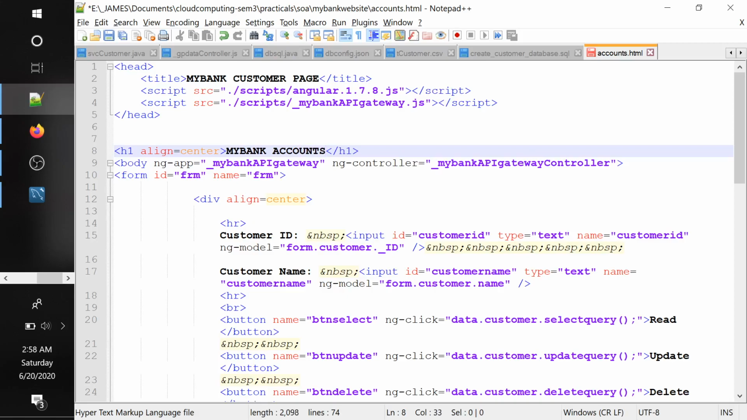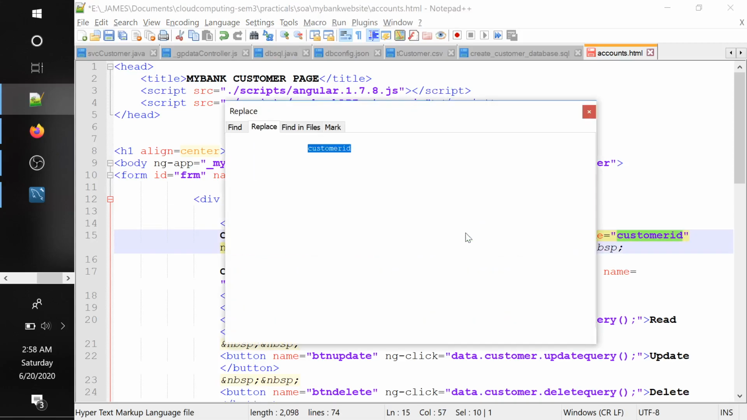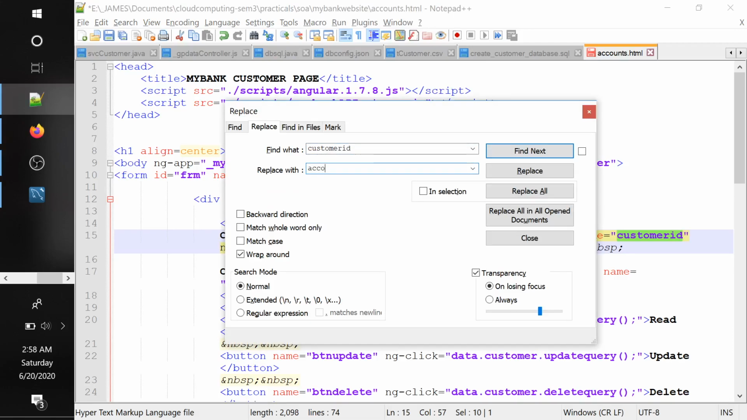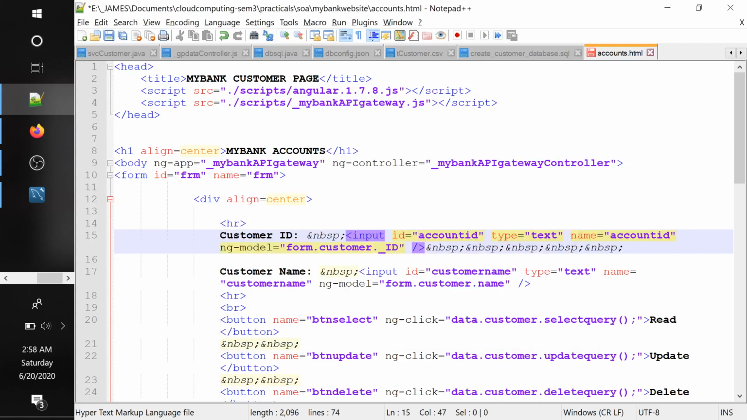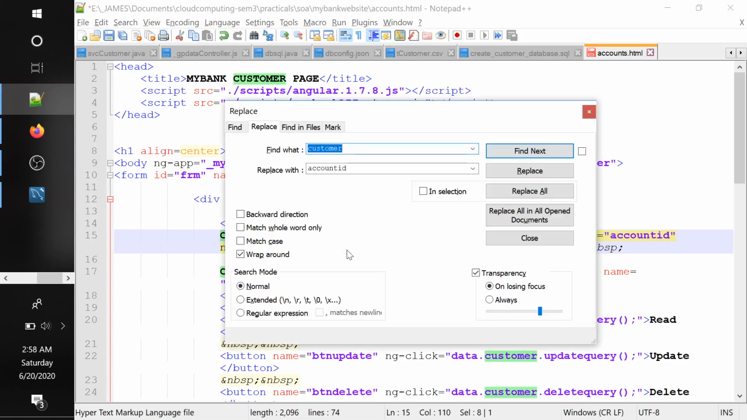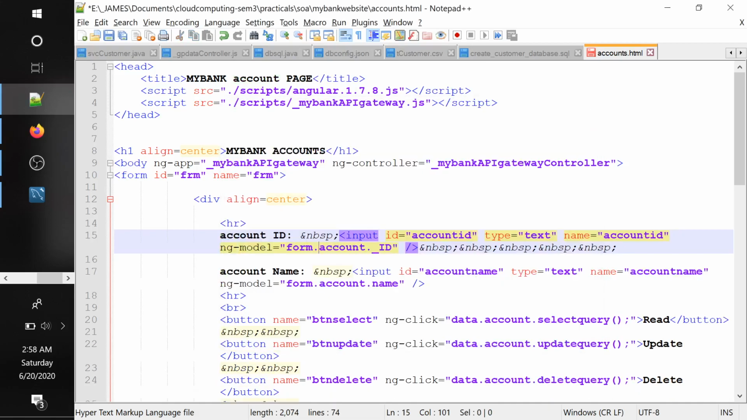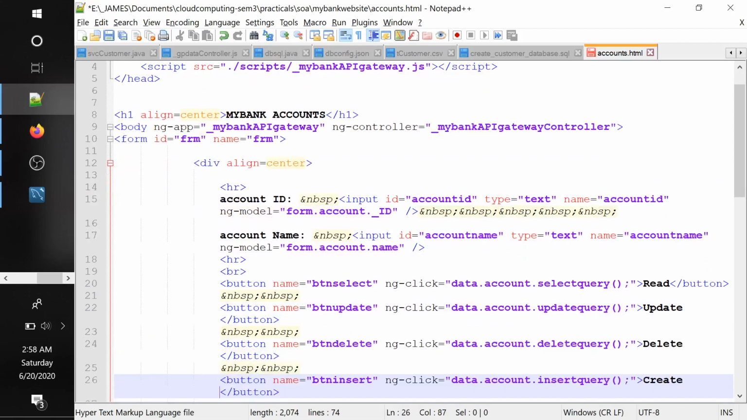I'm just showing you a very high level. Some things will not be the same. Wherever there is customer ID, you change it to account ID, right? Replace all, and wherever there is customer, you change it to account or accounts, whatever name you choose. This is just me showing you quickly how to create another web page,